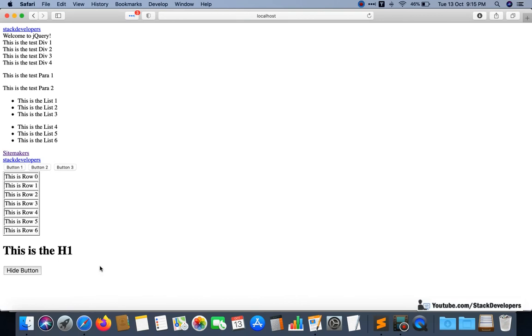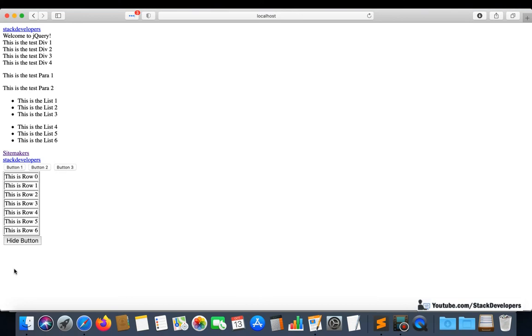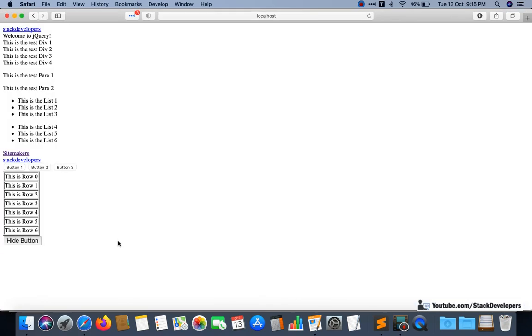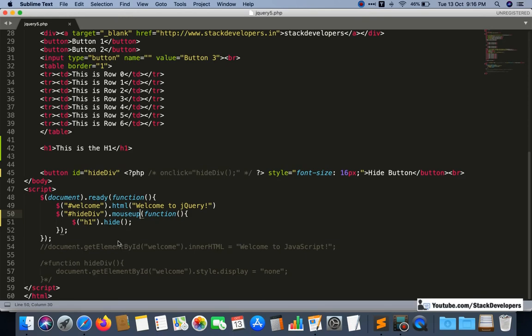Okay, so I am going to bring the mouse over the hide button, and now I am clicking it, and I am releasing it. When I release, then the text is going to hide away. It is a kind of click event only. The only difference is that if you click and release after some time, then it is going to work. The earlier event was happening before the release of the mouse, but this one happens after the release. This is the only difference.